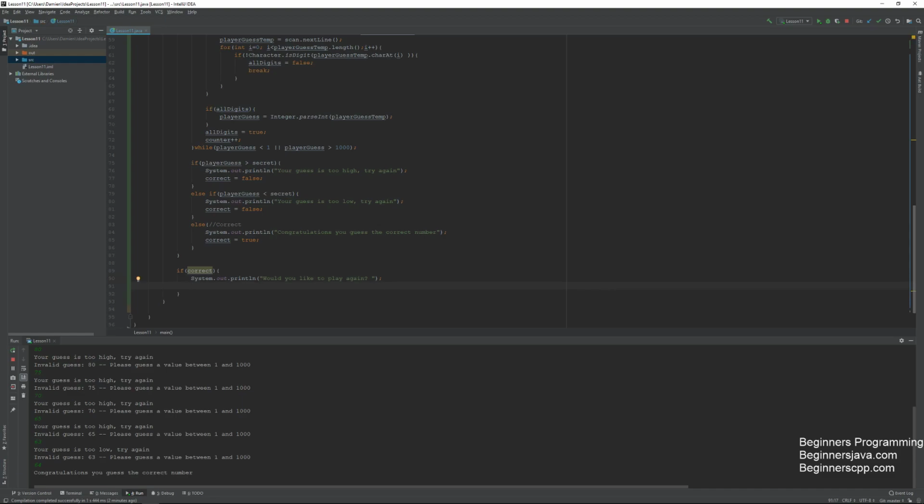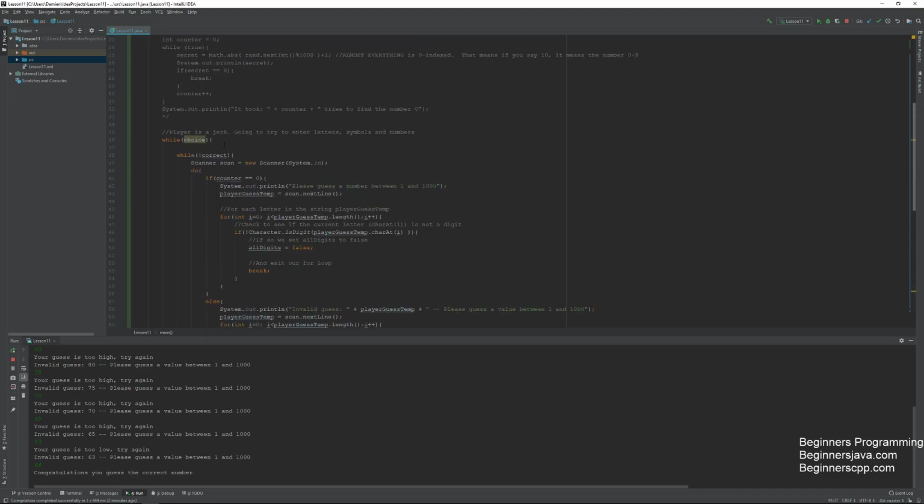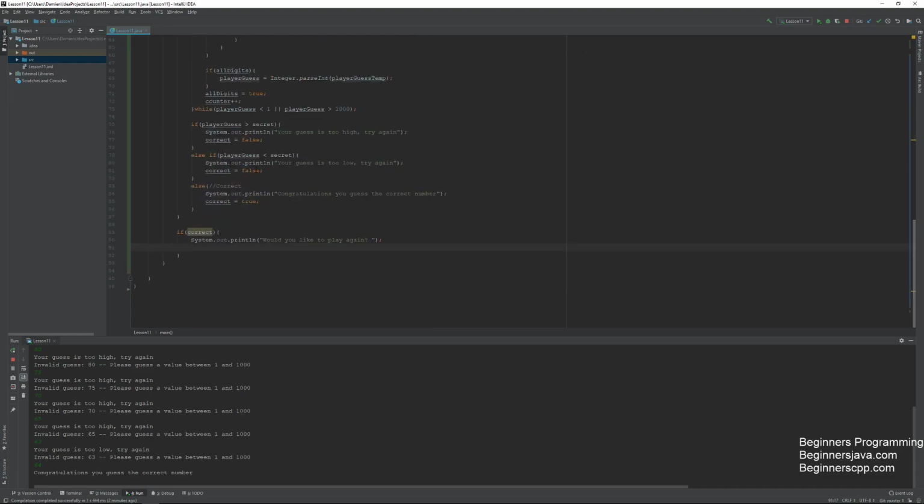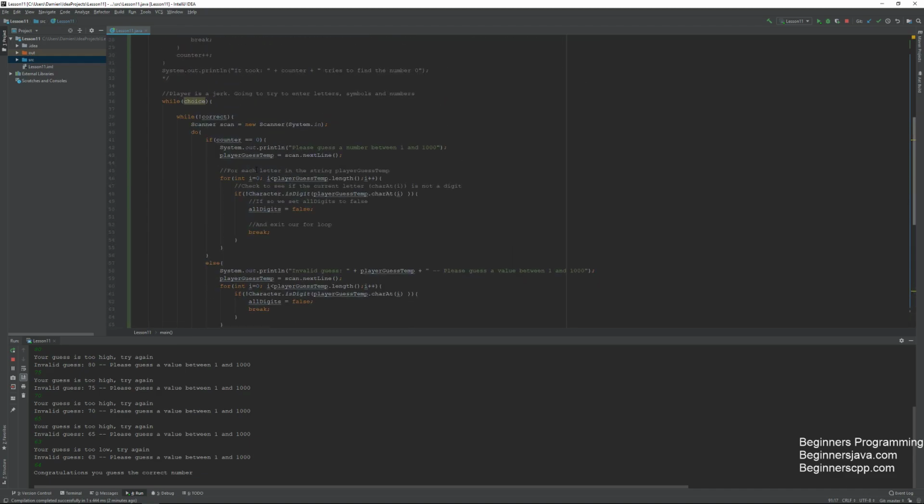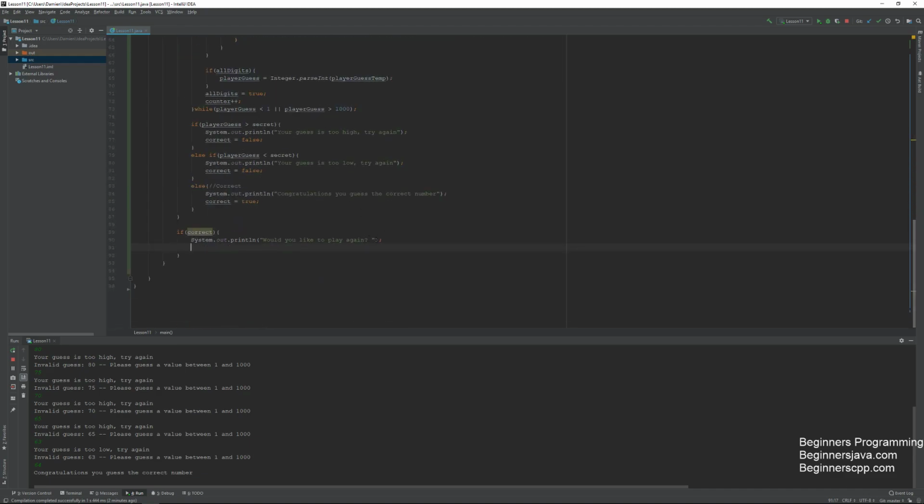And then we'll do, what is it? Choice. So we need this to be something like y or n, right? So we'll do y/n. We'll say string play again equals, and we'll actually put that outside here, an empty string,